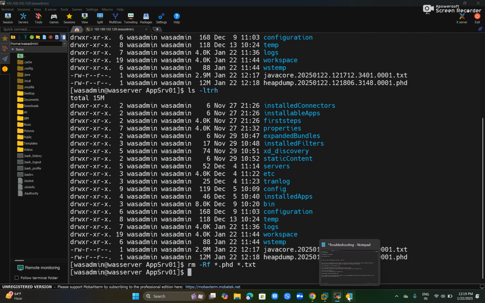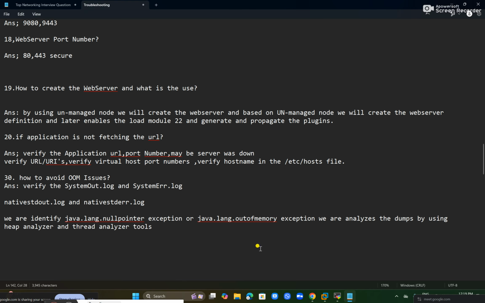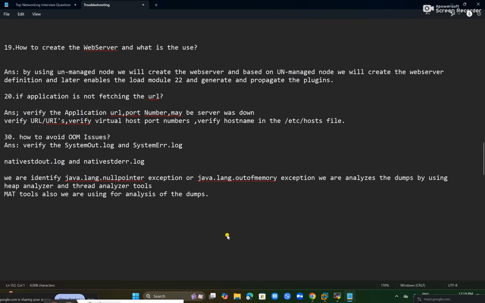Now, and we have to use the MAT tool. Also we are using it for analysis of the dumps. Okay,